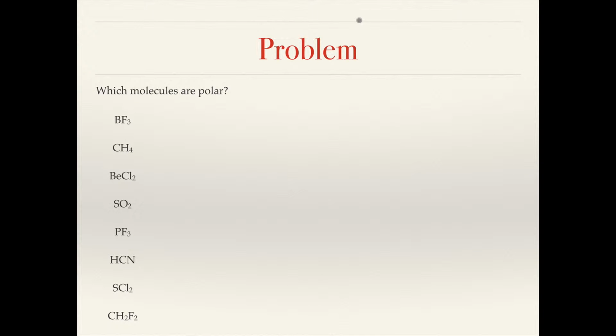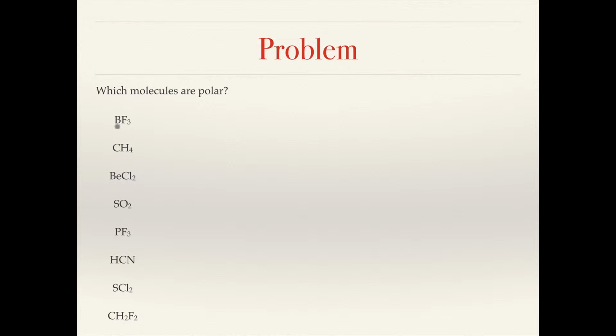Okay, let's take a look at this homework problem, and I'm going to attack this through a slightly different lens. I'm going to give you some tips on how to determine which molecules are polar. First off, I know that this question asks you to consider the VSEPR geometry and the overall shape name. I'm going to give you a couple tips because you're likely to see some of these concepts in multiple choice on either a period test or on the final exam, and I want to make sure that you can do them efficiently and correctly. So let's take a look at this set of molecules, which was provided in your homework,